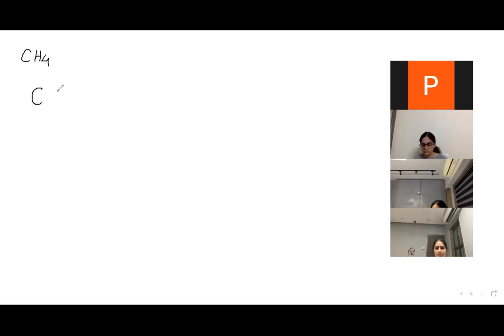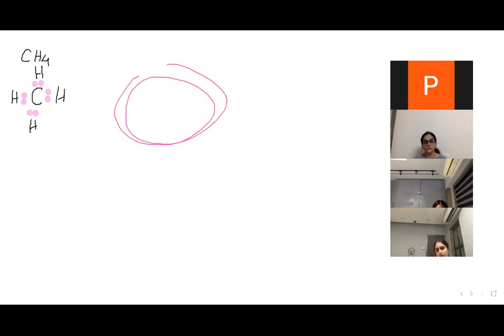So first, Lewis structure. Okay, that's the Lewis structure. There are 4 electron domains around carbon. Now I will not be able to show the placing of the 4 electron domains over here because it's a 3-dimensional screen. So I will directly show you the molecule, so you'll get an idea of where the electron domains are.